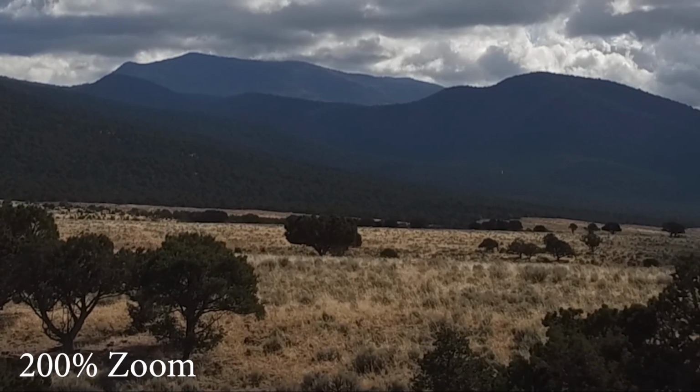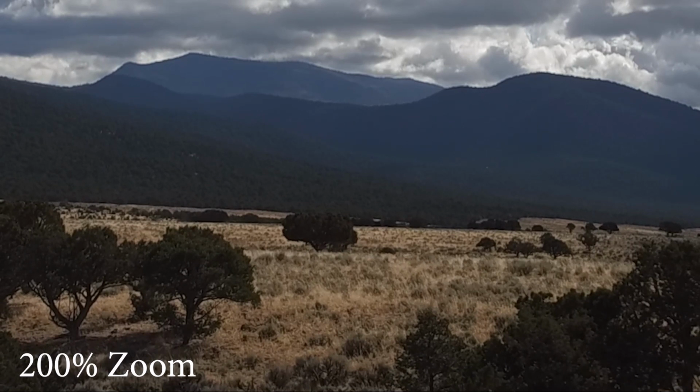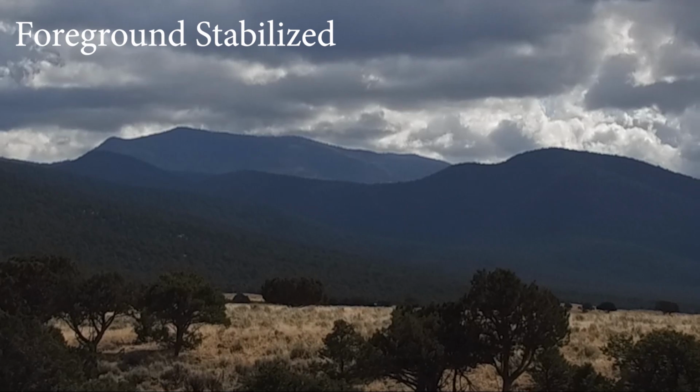Well, I wanted to see that a little bit better. So I decided to look at it another way. So I did another view of this, and I stabilized the foreground, and I stabilized it on this bush here. And I made this bush, or this tree, stay the same size. So when I play this through, you may find it throws you off just a little bit, but